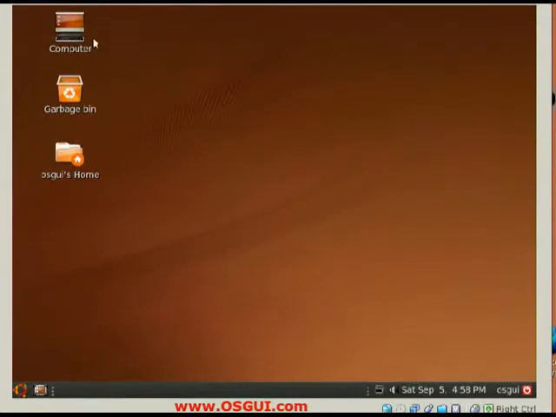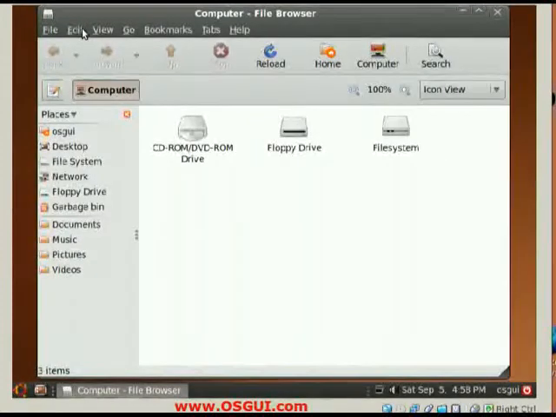The reason why is because My Computer also houses all your devices. So your CD-ROM drive there and your floppy drive, and you'll have all your multiple hard drives there if you have multiple hard drives. So that's where I think 90% of users are used to seeing their drives. So it only makes sense that that's the way it be configured, so that you can see the hard drives